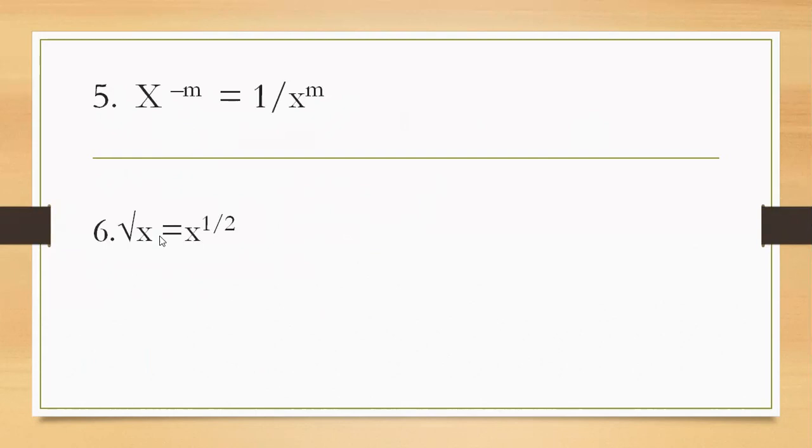In this next rule, x to the power minus m: if there is a negative power and you have to change it into positive, then we have to take it down, and up remains 1 as a numerator. When it goes down, its negative power is converted into positive power. If it is a negative power down and you take it up, then it will be a positive power.